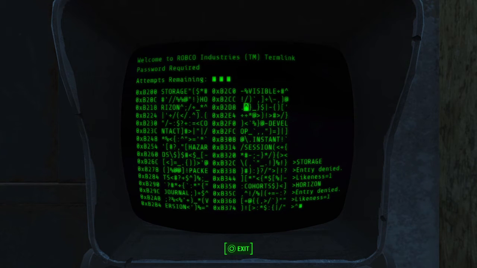Now, if you had gone through this and found you had used up all your tries, well, you don't want to use up all your tries because then you'll be locked out. There is a way to reset your tries so that you can have them all back again. So if you've used up all but one and you still haven't guessed the correct one,